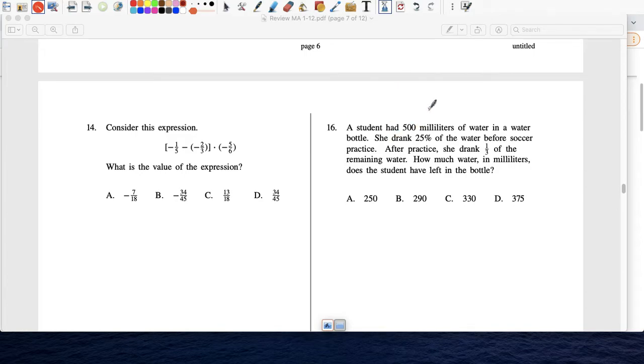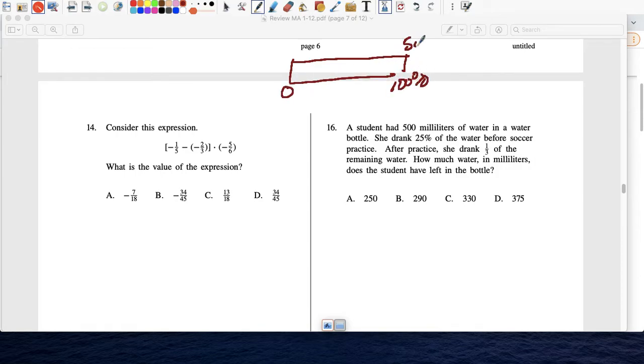A student had 500 milliliters of water in a water bottle. She drank 25% of the water before the soccer practice. After practice, she drank 1/3 of the remaining water. How much water in milliliters does the student have left in the bottle? All right, so let's draw this. So right now,